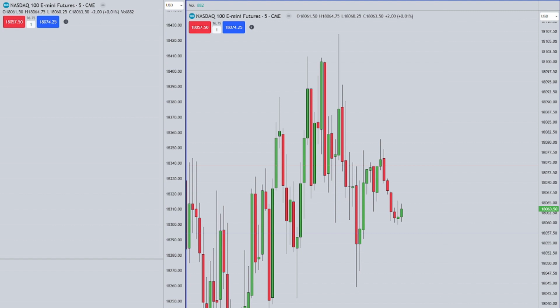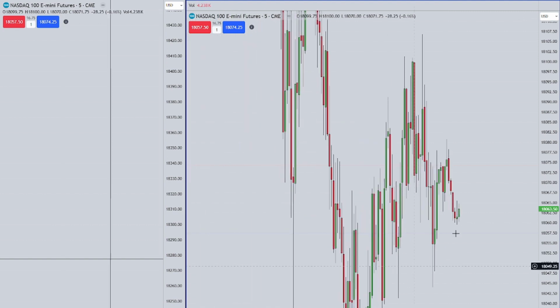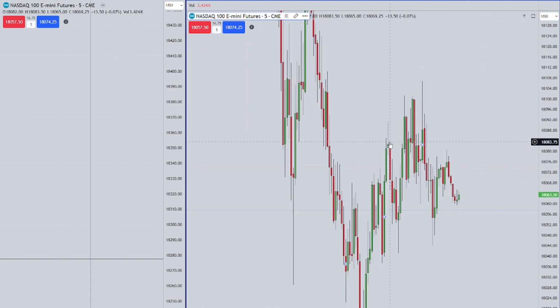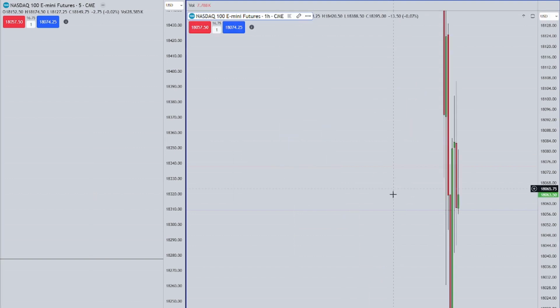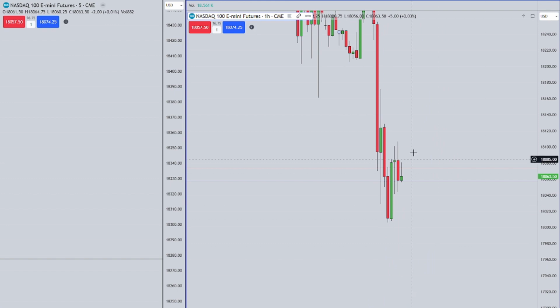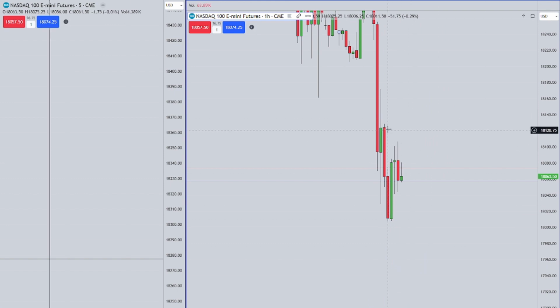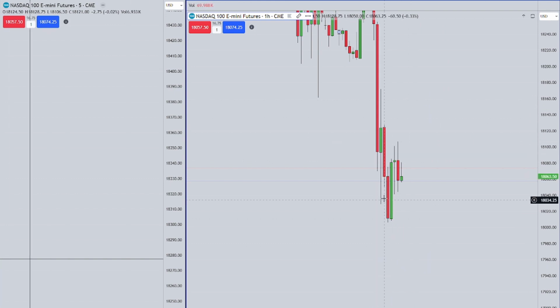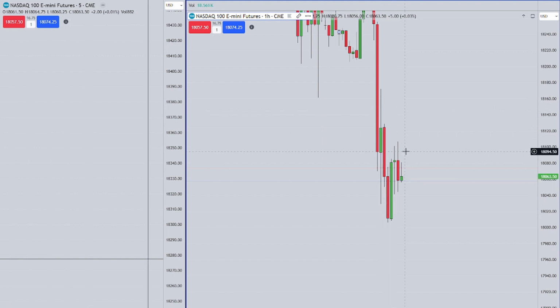So, we'll go out to 60-minute chart right here. Yeah, so this is a great example. This is a buying candlestick right here. See how it's green? We're buying. This is a selling candlestick. See how it's red? Now, I'm going to go a little bit in depth with this and tell you the